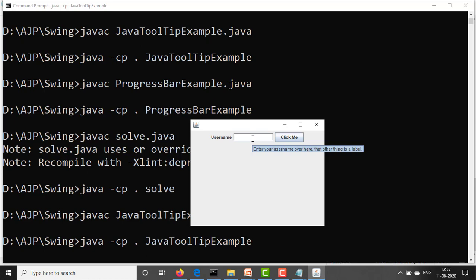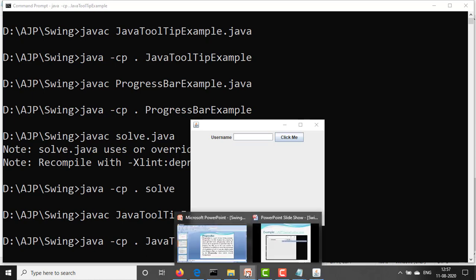For the text field we have also set "Enter username over here"; that other thing is a label. Here, click this button to make something happen, like this. For every control we can set tooltips, and this is another example of a tooltip. You can set tooltips for your programs. In the previous programs you have written, you can directly set the tooltips for the controls. Like this, you practice also.